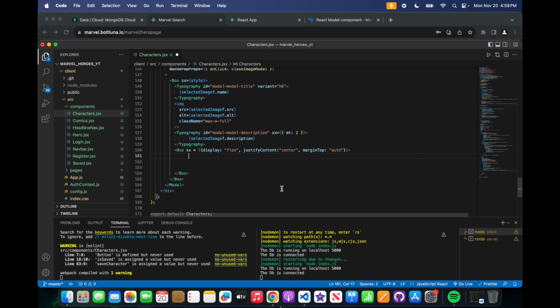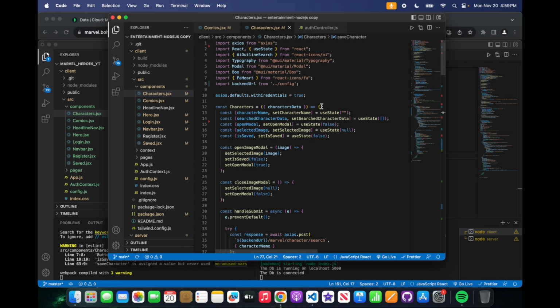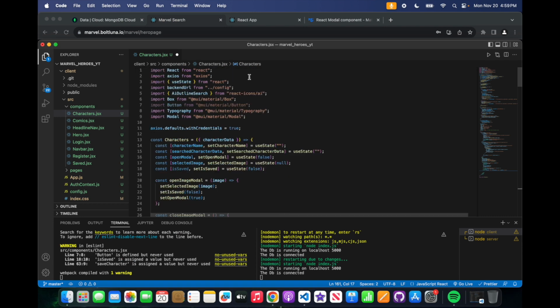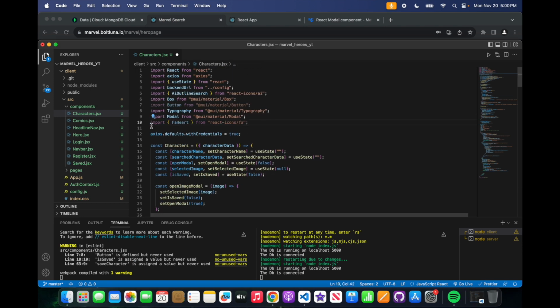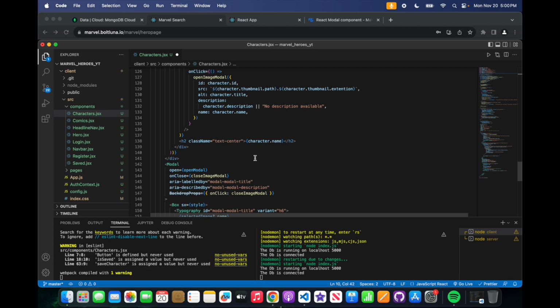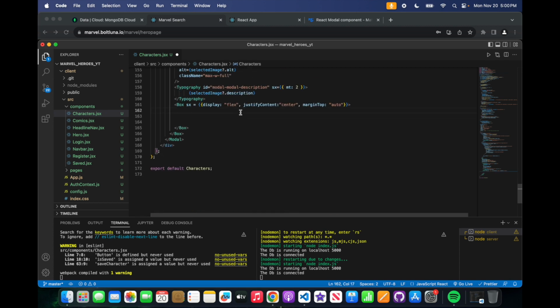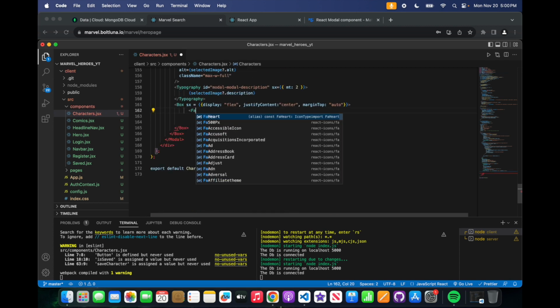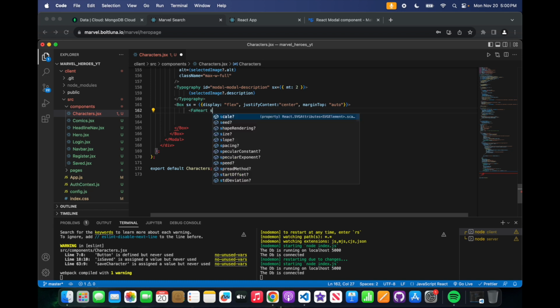So we're going to need something called the FaHeart. I'm just going to copy it from here. It's a React icon, so I'm just going to import this. So it's import FaHeart, and just make sure it's from React icons, from react-icons/fa. So we're almost at the home stretch here, guys. We're at the home stretch actually. So let's just finish out strong. Size, we're going to say is 24. The color,